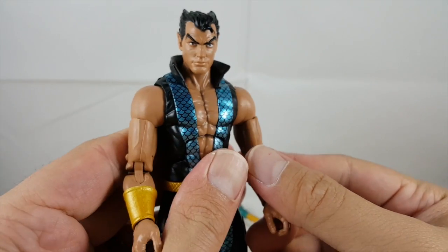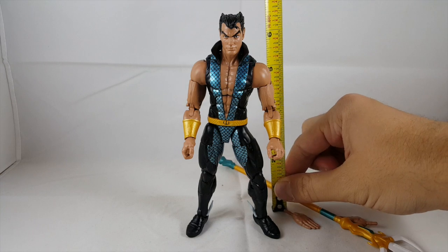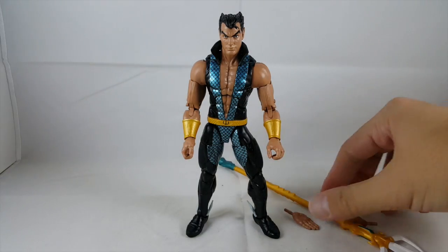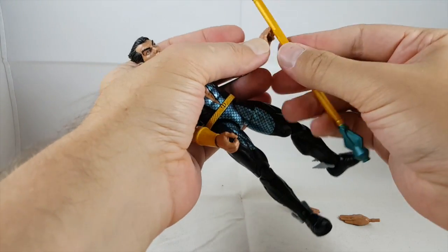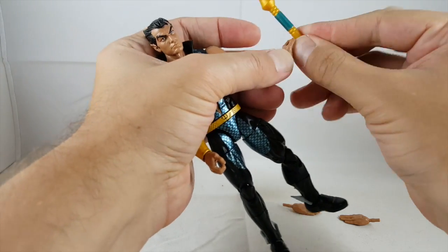All right, I'll show you guys how tall Namor is. All right, so Namor stands about 6.5 inches tall, right there at the peak of his little hair. And I'll go ahead and show you the trident in his hand. The plastic was stuck together on this hand, so I had to pry it apart. It is a pretty thick trident,